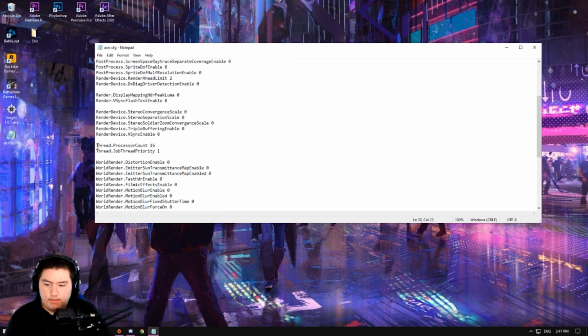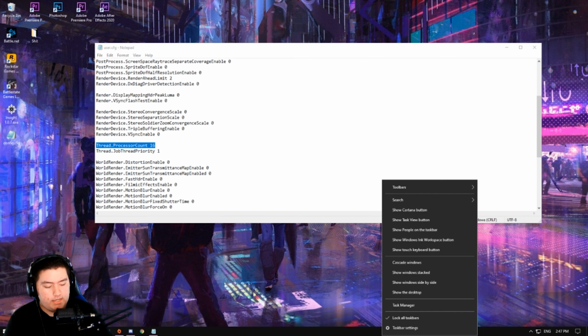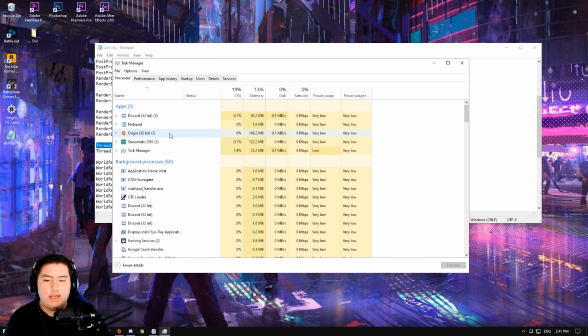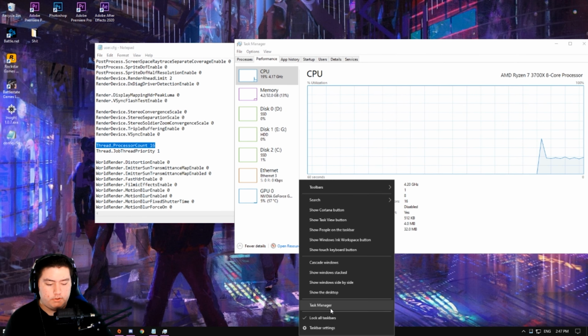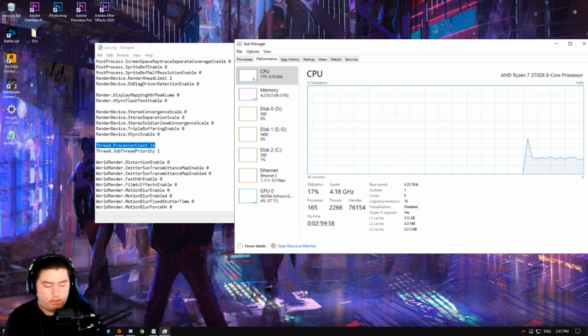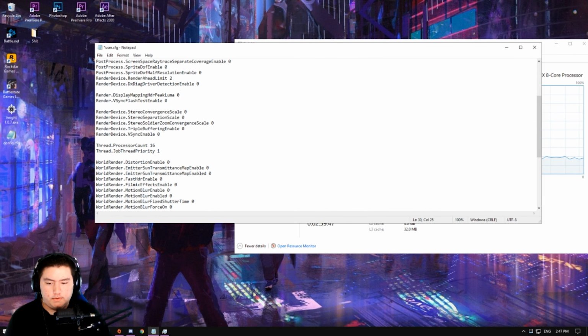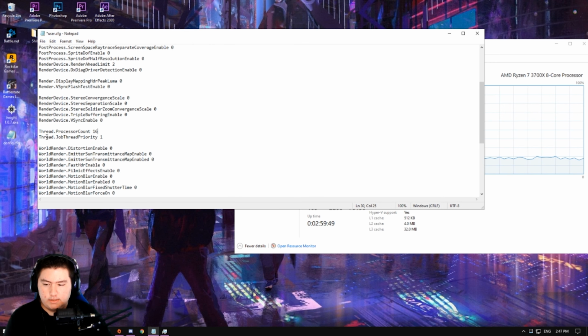make sure to set the thread processor count. That's how many threads your CPU has. My CPU has 16 threads. You can see that if you go to Performance. So I have 8 cores, 16 threads. The way you check is you open Task Manager from the taskbar, or you press Control Alt Delete. So I set that to 16 threads. The other setting, I actually don't know what this is. I'm kind of clueless because I copied this from a forum and some friends and compiled it together. So yeah,